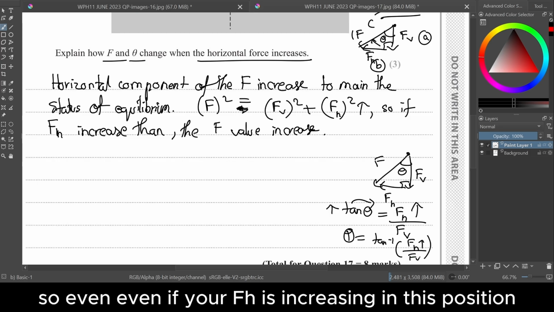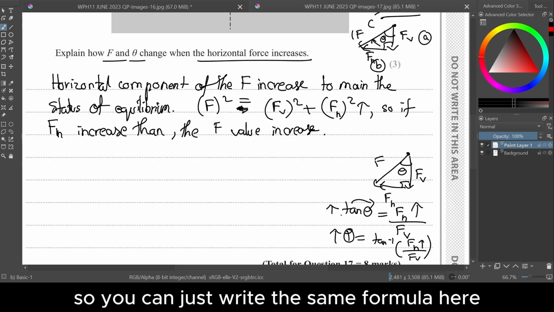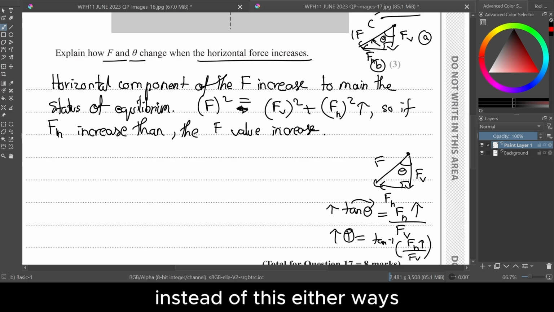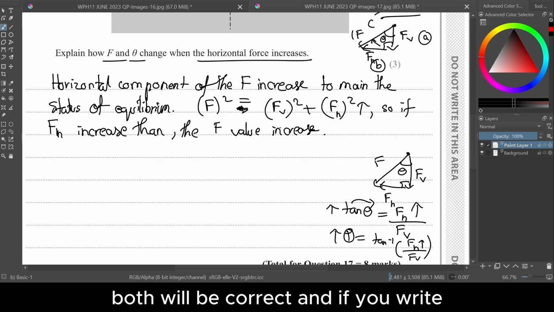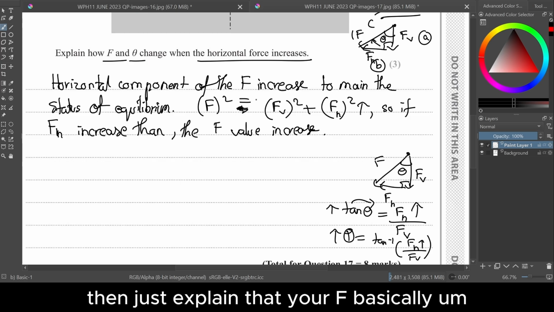So even if your F_H is increasing in this position, your theta will always increase, right? So you can just write the same formula here instead of this. Either way, both will be correct. And if you decide to write one of them, then just explain that your F